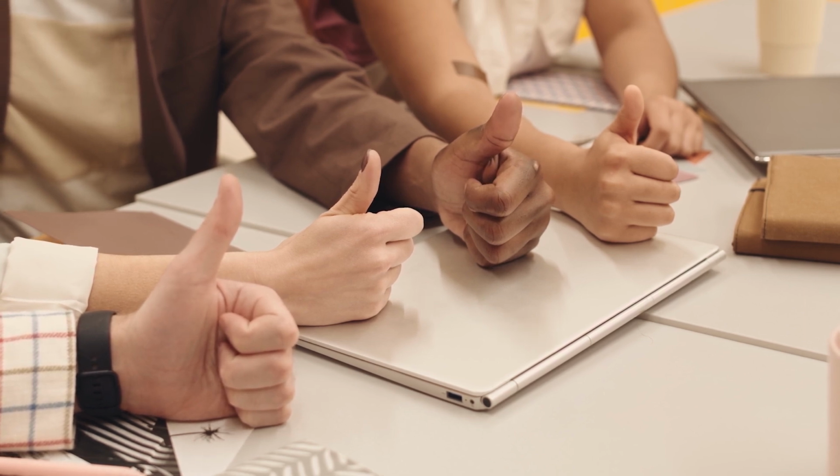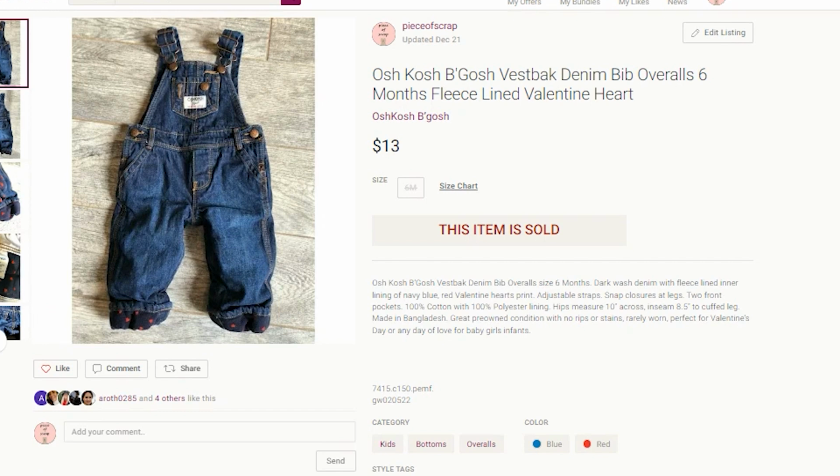I greatly appreciate it. The next item to sell on Poshmark was an infant item. I do pick up baby clothes from time to time. Oshkosh is one of my favorites. I paid $1.50 for this at a thrift store. They sold for $13 plus shipping on Poshmark. My profit was